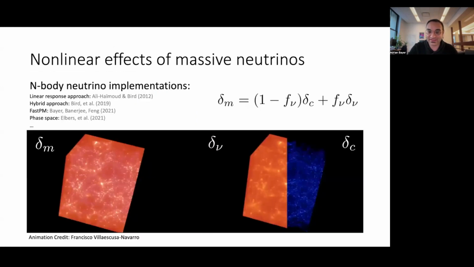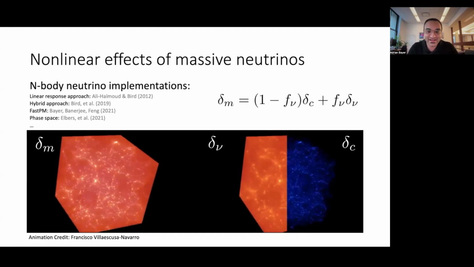And the way to do that is using simulations. There are various different ways of doing neutrino N-body simulations. One approach you can take is the linear response approach, where you put the neutrinos in the CDM equations without actually simulating particles of neutrinos. You could also include particles of neutrinos and do a hybrid approach between this linear response approach and using particles. You can also just use particles or use a phase-space approach. There are a lot of different options, and I'd be very happy to discuss this later. But for now, I'll just say that there are these simulations that exist, and what these